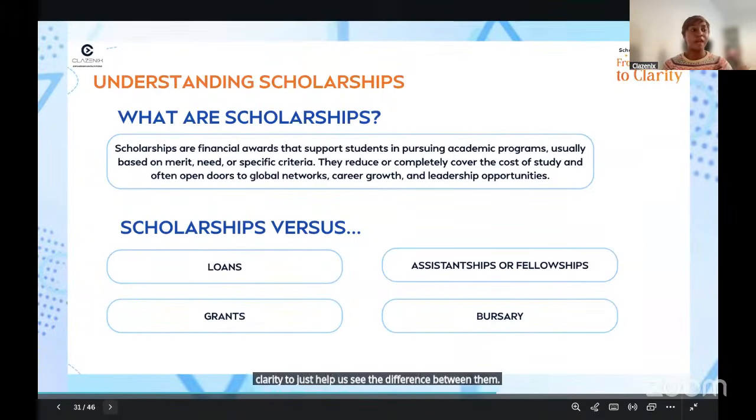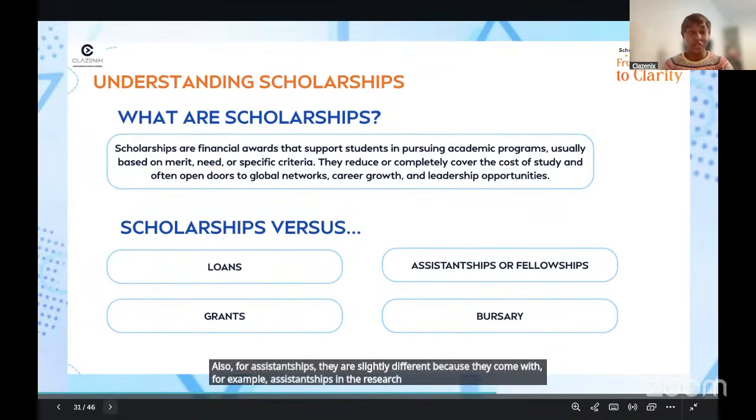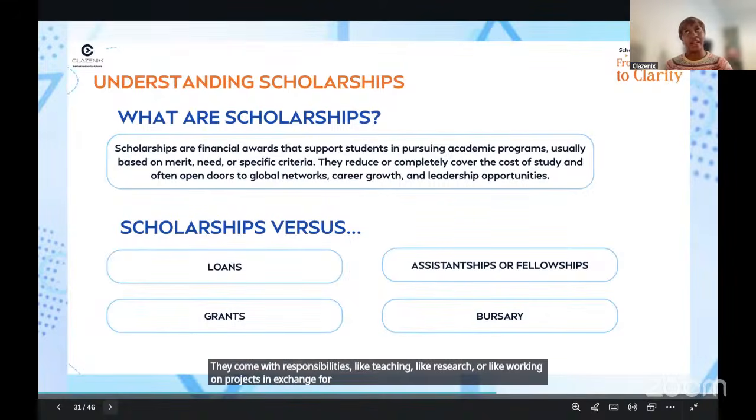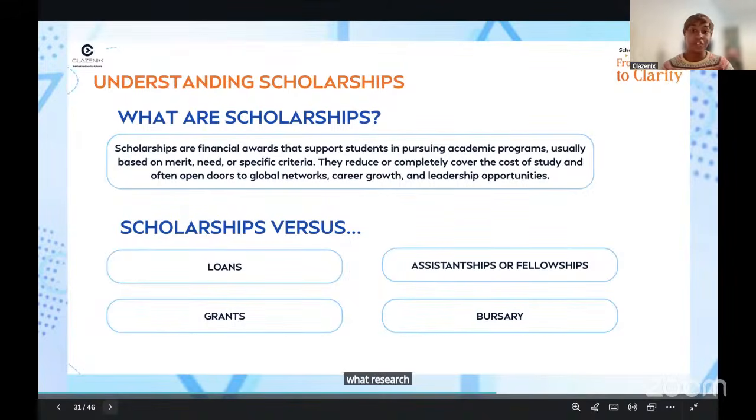Loans are funds that are demanded to be paid back, often with interest, and can leave students in debt. Assistantships are slightly different because they come with responsibilities, for example, the research assistantship in the US. They come with responsibilities like teaching, research, or working on projects in exchange for funding. So that's what research assistantships are all about.